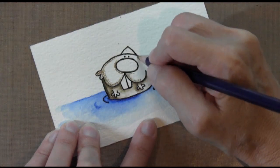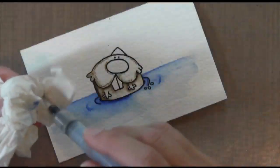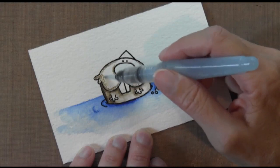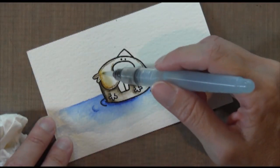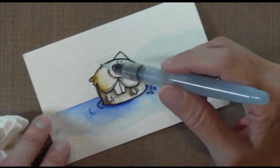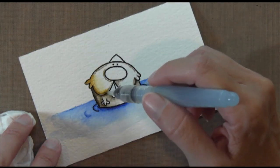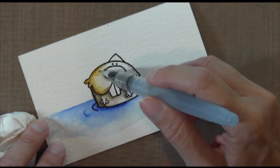Alright, same thing, I have a different color here, and you'll notice that the color I'm putting down on the paper is kind of a dark greenish brown, but when it becomes wet, it completely changes color and becomes much more yellow. That's the one thing I found with these Inktense pencils: you really cannot go by the color the pencil is labeled with,